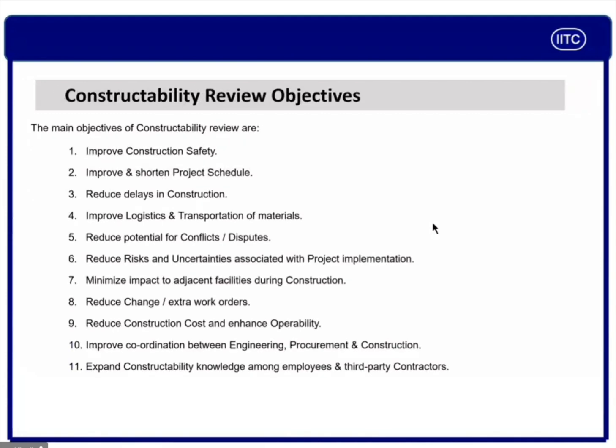We will improve the construction safety. This is the most important aspect for us because we cannot accept a single fatality or single permanent total disability or temporary total disability. Improve or reduce the project schedule, because 1 hour into 100 people is much cost. So every hour, every day is a cost for the company. Reduce the